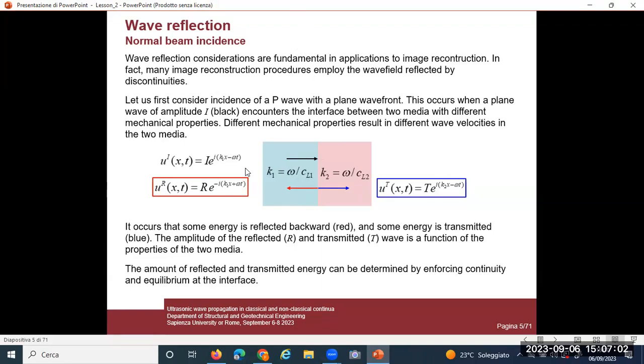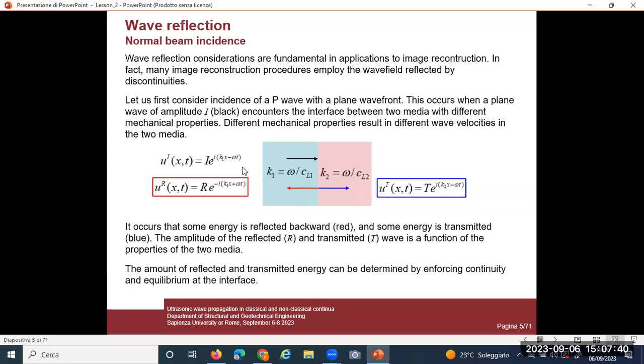Imagine a P wave with amplitude I, which is generally assumed to be a unit, and they propagate along the x direction. The material on the left, the blue one, has a given wave propagation velocity, which is c sub L1, and the pink material, which is the one on the right, has a different wave propagation velocity, which is c sub L2. Then it happens that a part of the incident wave is reflected, and this is represented by